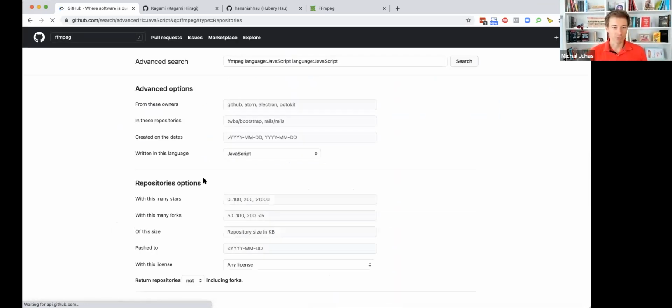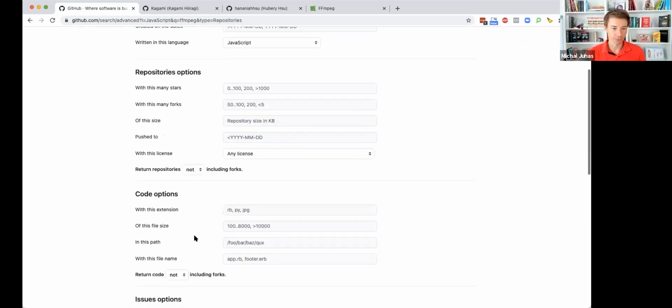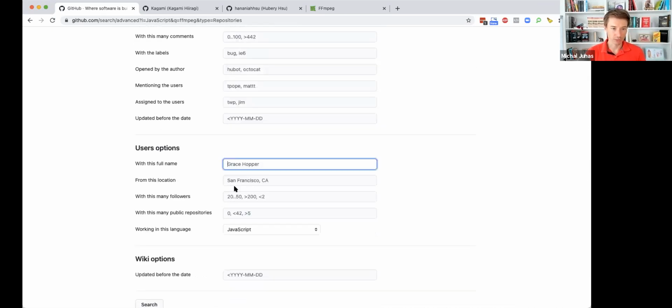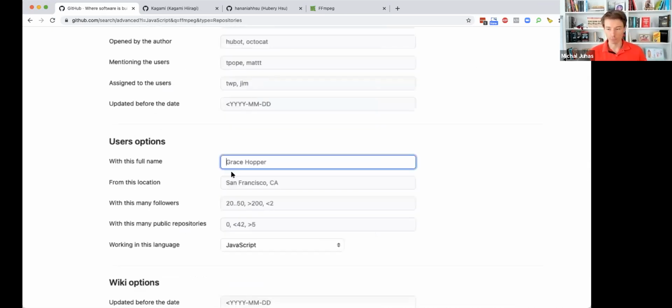For example, imagine you would like to look for JavaScript developers who are based in Poland or Warsaw. So you could go to this advanced search, and you can search for users with a specific name,